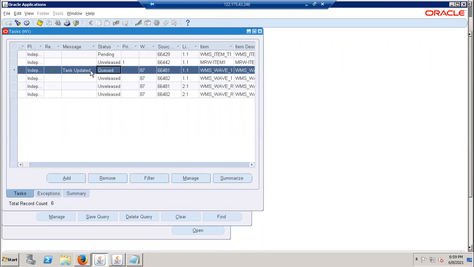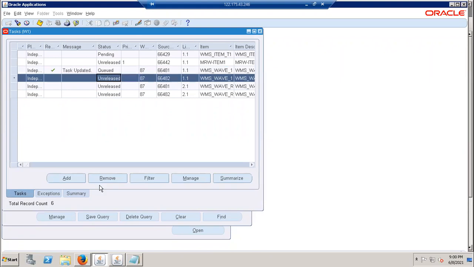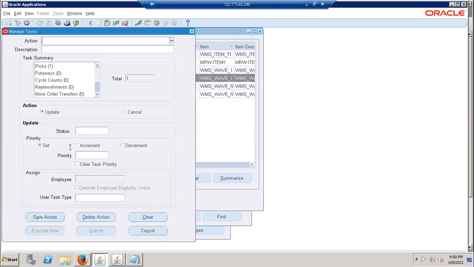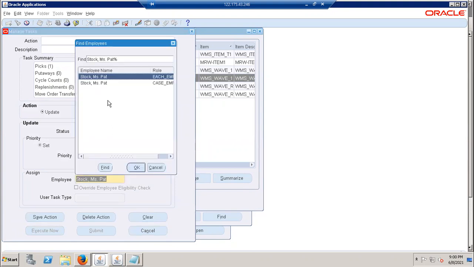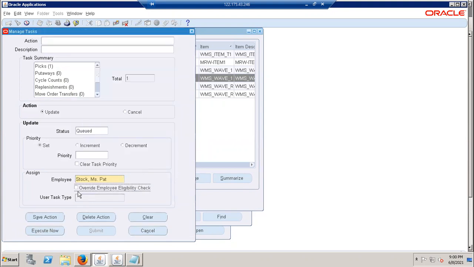Yeah, go ahead and do the same for all the 3 in the line. Oh, okay. It says queued. Paste it. Override checkbox. Save. Execute now.